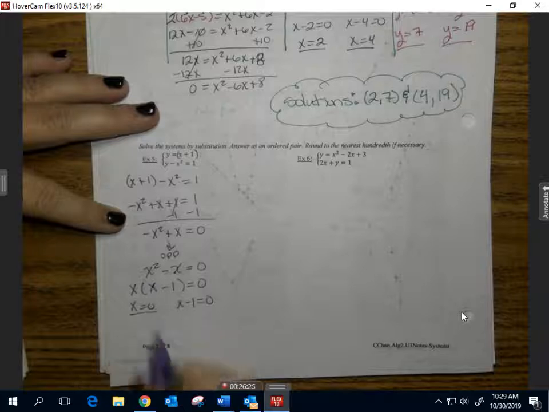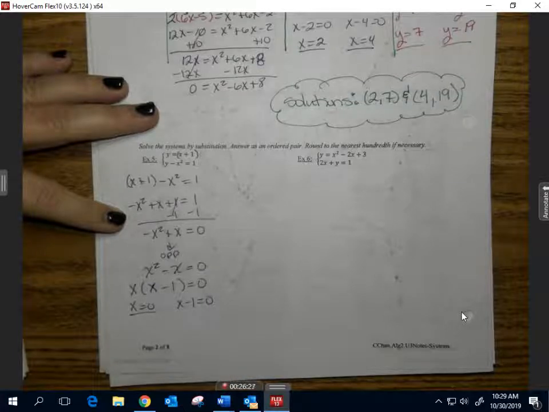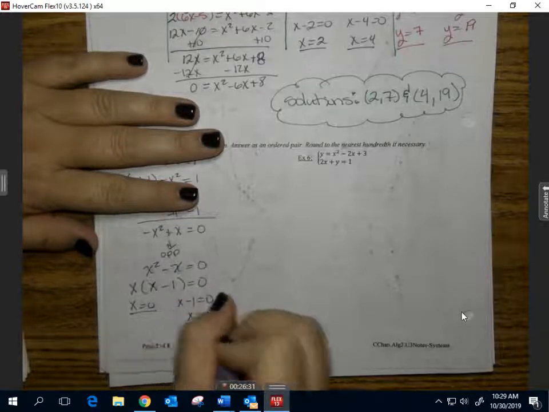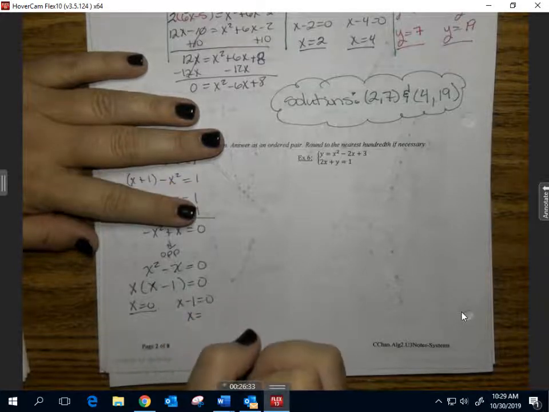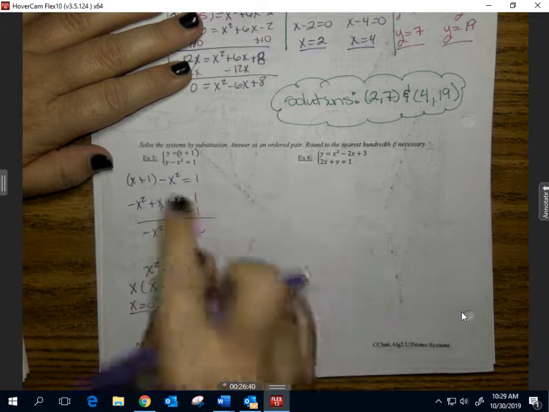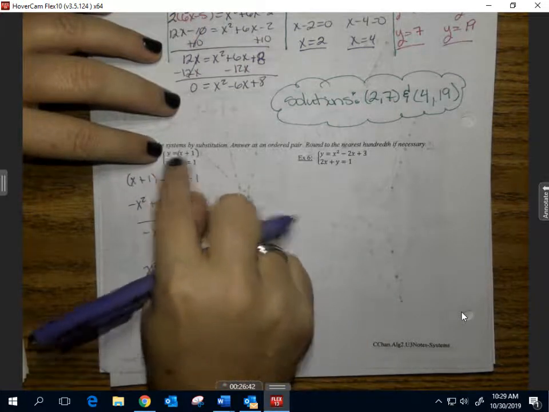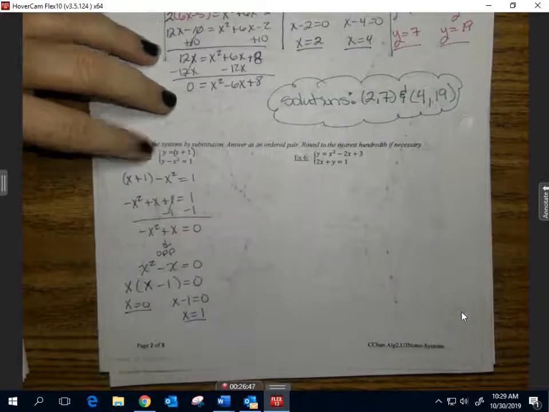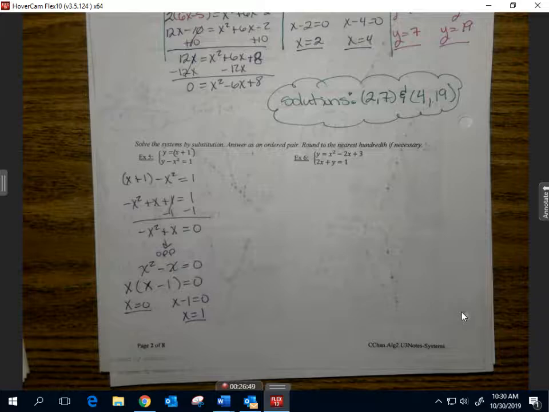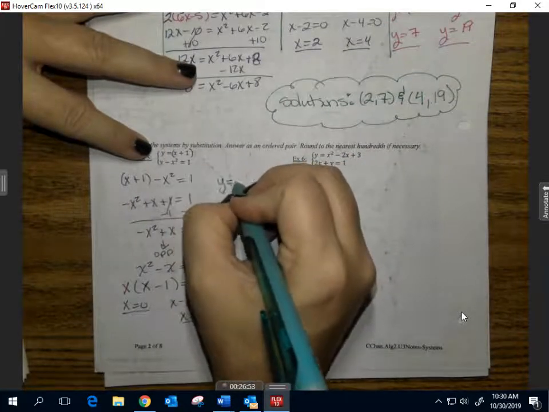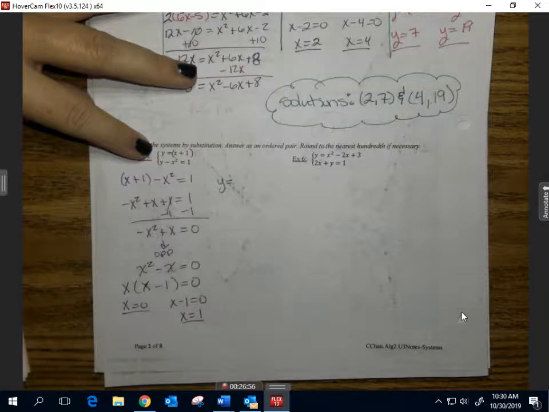This one is already solved for, correct? This one is not. What does x need to equal? What minus 1 equals 0? 1. So here are my two values for x. Now let's find my two values for y by substituting into that first equation up here. So I'm going to have two equations. So one of them is going to be y equals, instead of x, I'm going to put 0